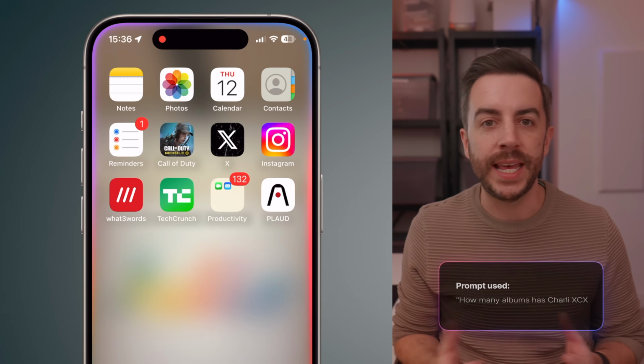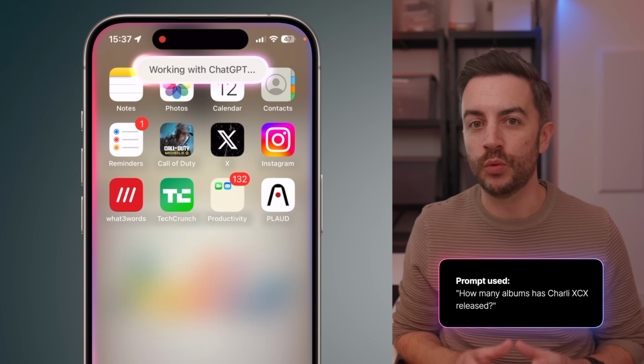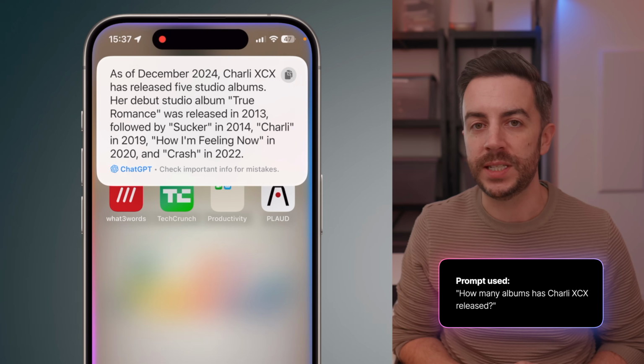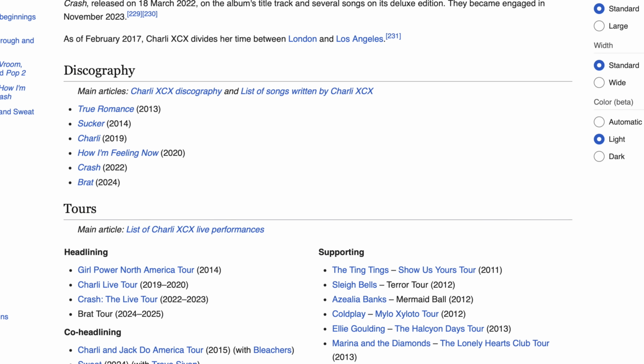Next, I asked how many albums Charli XCX has released, and again, I was prompted to use ChatGPT. Interestingly, ChatGPT got the answer wrong, saying that as of December 2024, she'd released 5 studio albums. The actual answer, according to Wikipedia at least, is 6. It missed an album from earlier this year. I think this is because